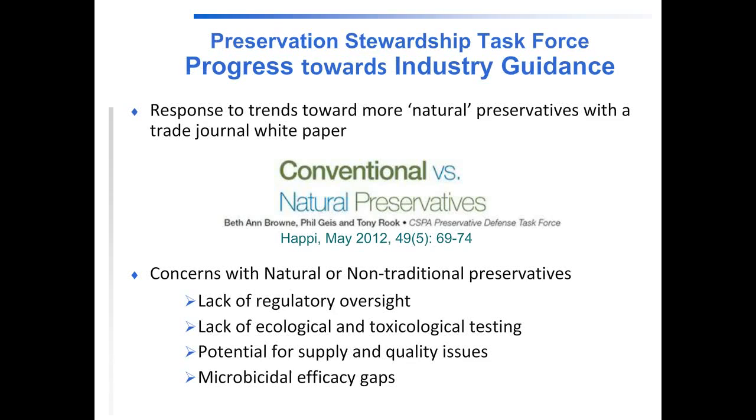So therefore, the Preservation Stewardship Task Force continues to drive towards industry guidance. And in response to the trends towards more natural preservatives, a trade journal white paper was issued to lay out the differences between conventional and natural preservatives. It was really